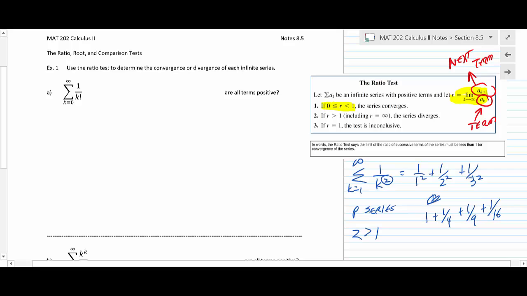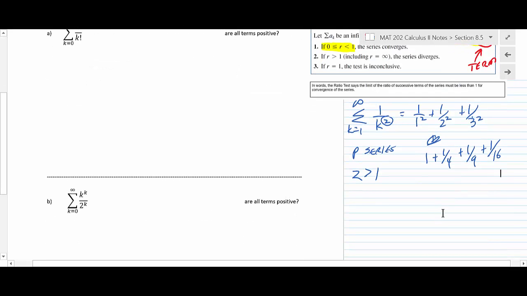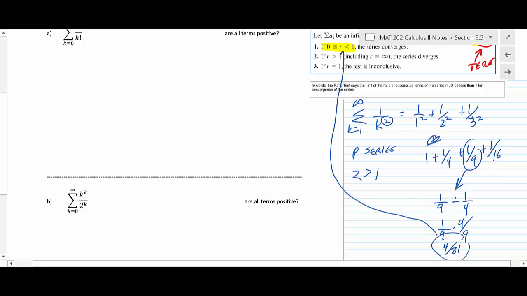Okay? Well, here's kind of what the ratio test is really saying. It's saying if you take a term, any term, preferably way, way out there, and if you did the ratio of 1/9 to the previous term, that would be 1 over 9 times 4/9. So that would be 4 over 81. So you're going to establish that in general, that ratio is between 0 and 1. That would be a condition for that to converge. And if you went further and further and further out in that particular